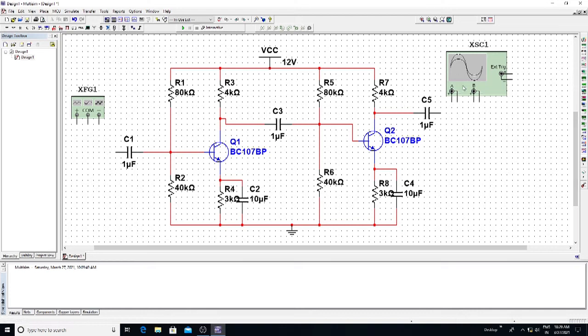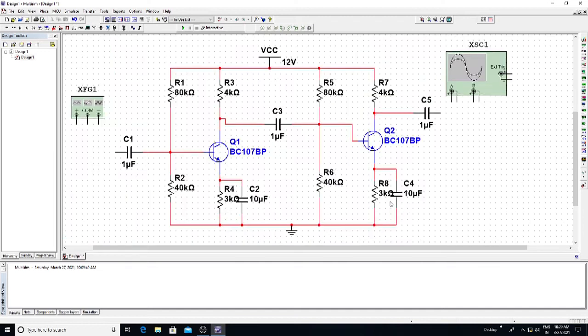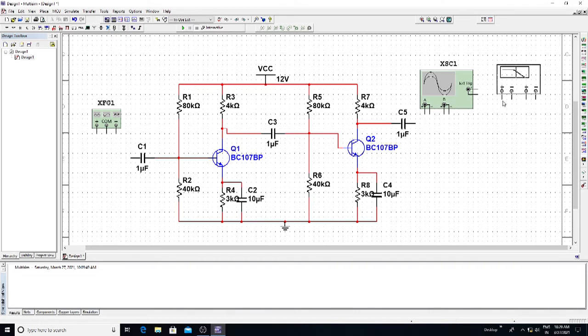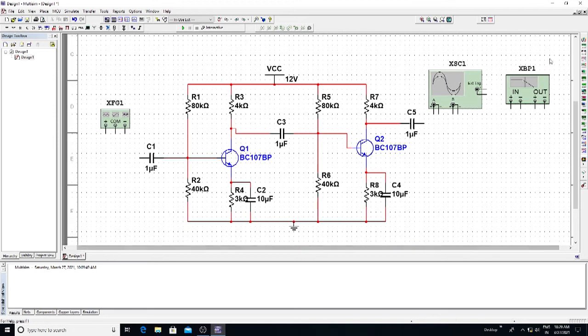We have 2 channels here, channel A and channel B, where one is given as input and another can be taken as output in order to check. Next, we have a Bode plotter also. Click on Bode plotter in order to check the gain and frequency response. Click there and drag and place it here.